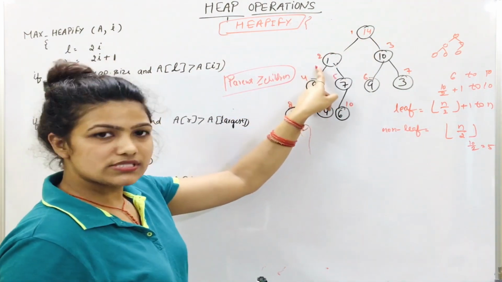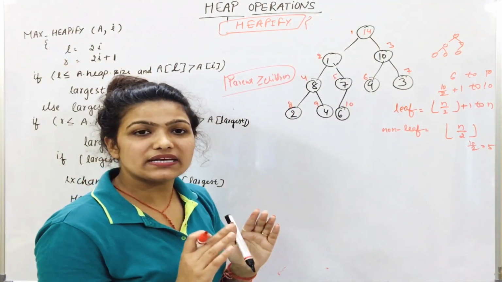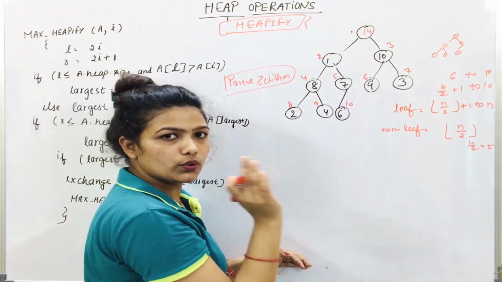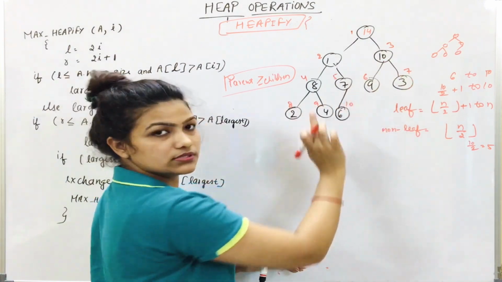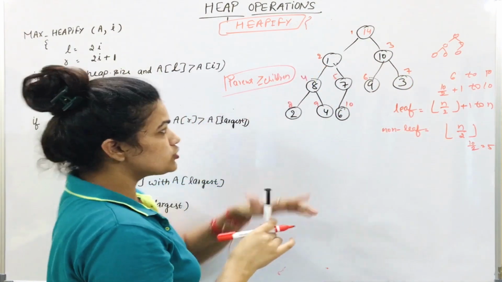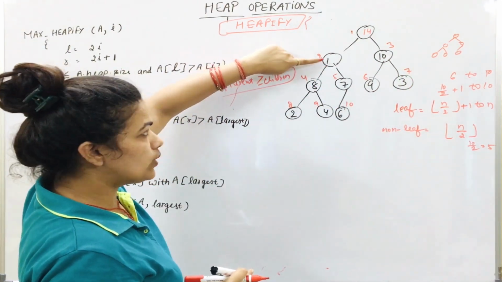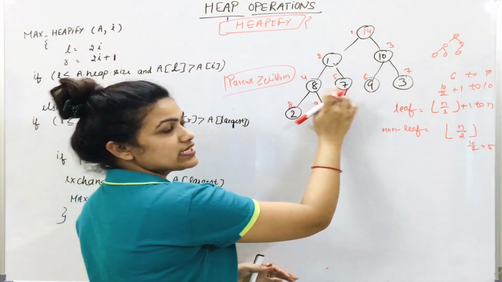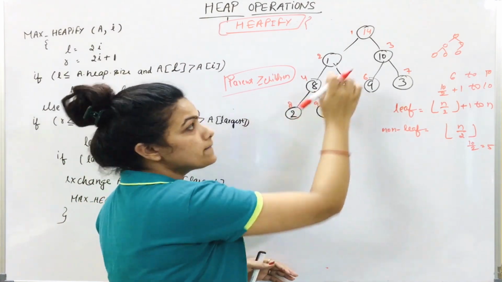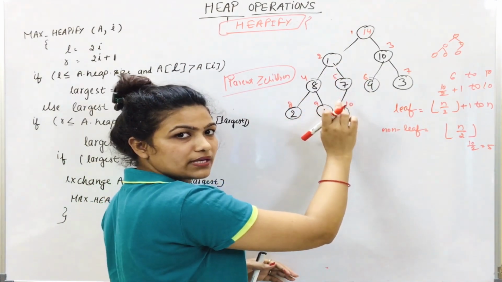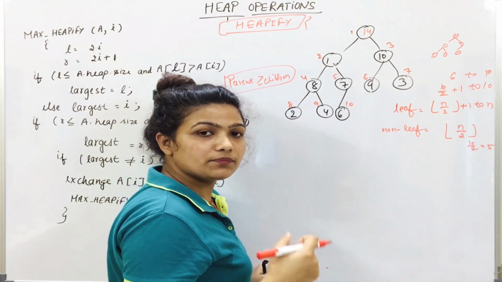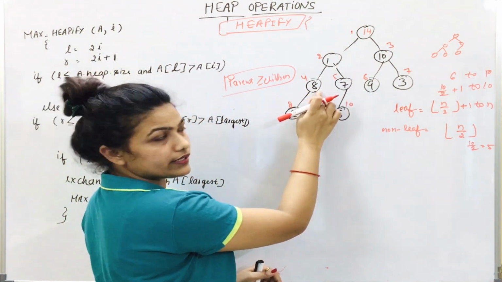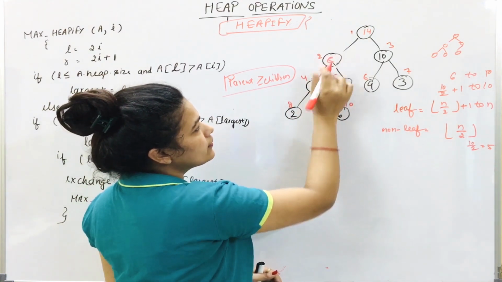Now we will go to the second index position, and we have to compare just the parent and its children. We don't have to worry about the rest. Now we go to index position second. This is 1 and its children are 8 and 7. Which one is greater? 8. And the parent is smaller than its children. What we have to do in max heap is that the parent should be greater than its children. Simply, 8 is greater, so 8 will go there.